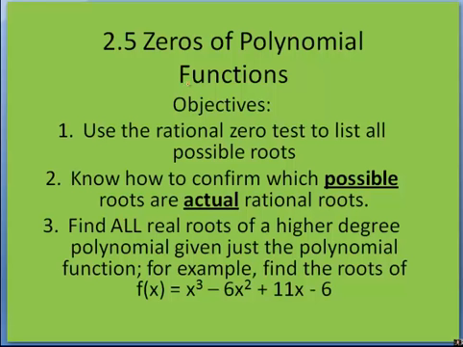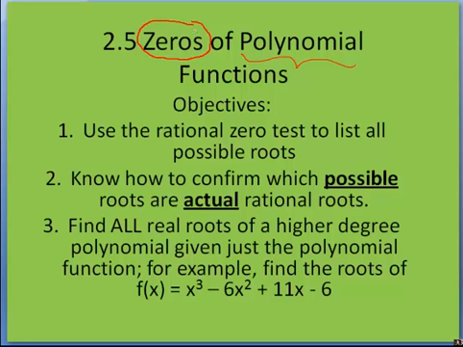2.5 is about zeros of polynomial functions. So again, zeros are just the same things as roots or solutions, which are the x values of the x-intercepts. And again, what we're trying to do is factor. We're trying to factor these higher degree polynomials because if you know your factors, then you can find these roots